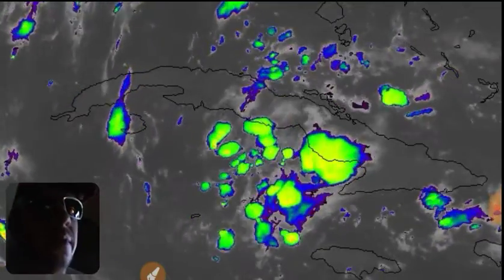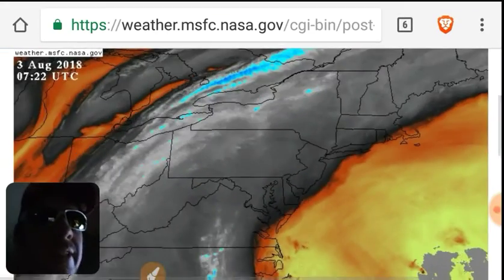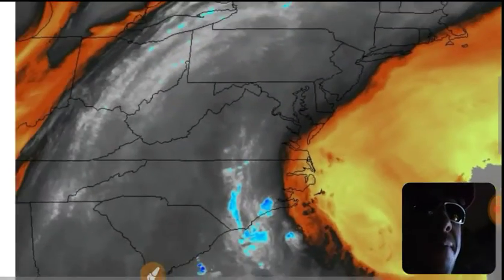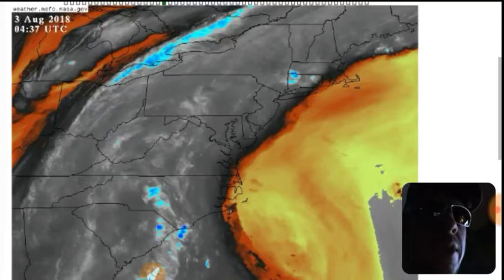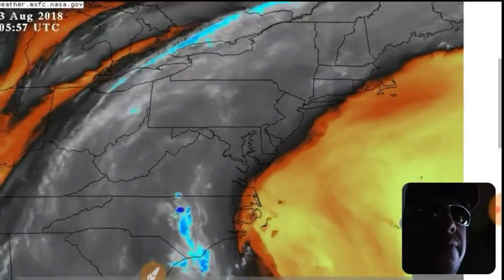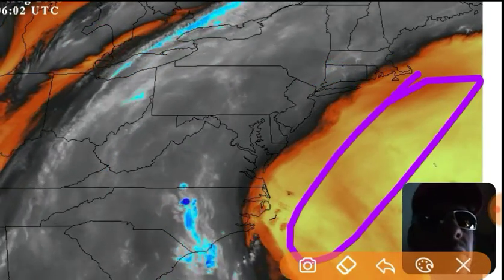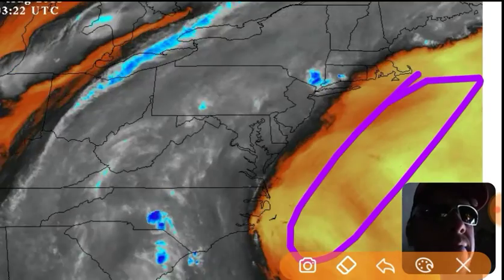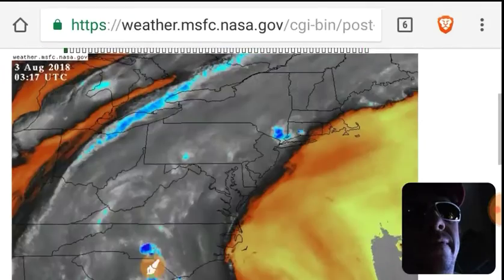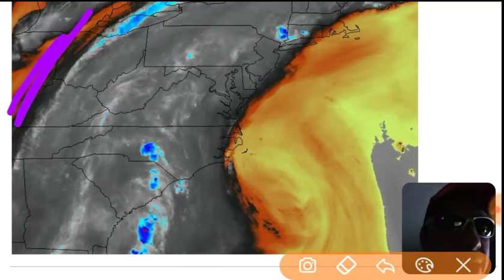Now, let's look again at the atmospheric river. Here we are again on a zoom in of the water vapor map. We can't stress this enough. If you are on a boat in this area, or if you're on land over in this area, over here, right? If you're in any of those very high pressure zones,